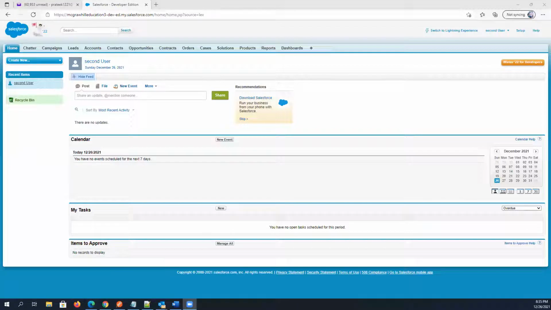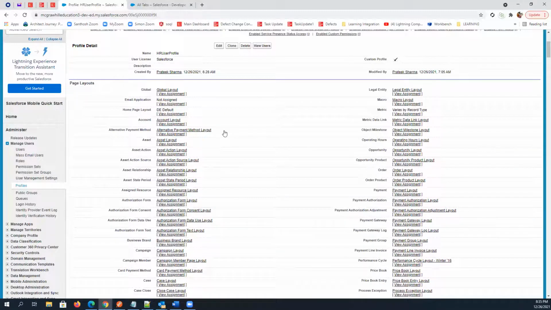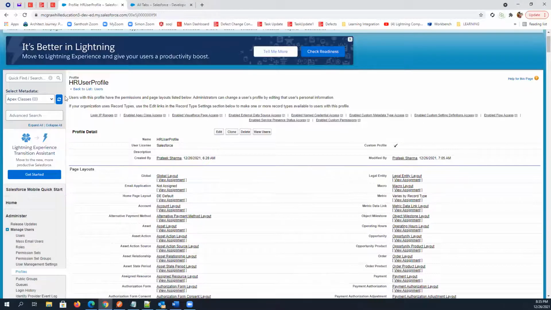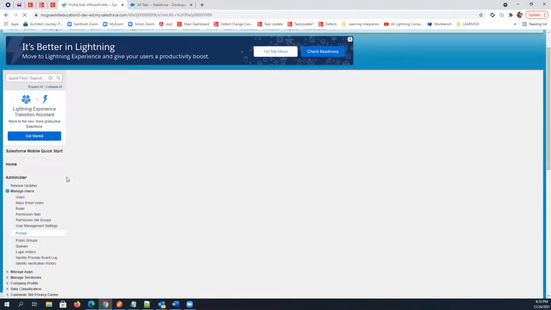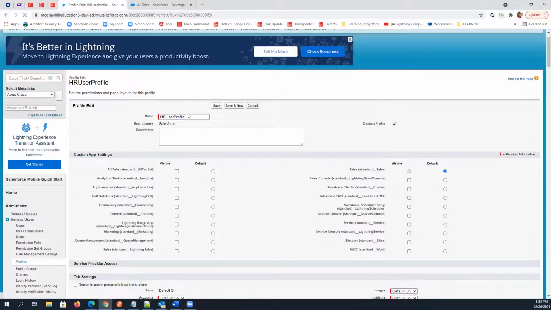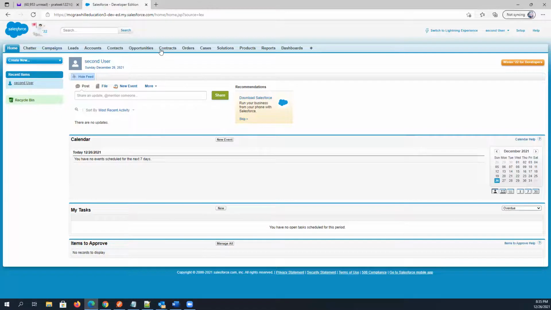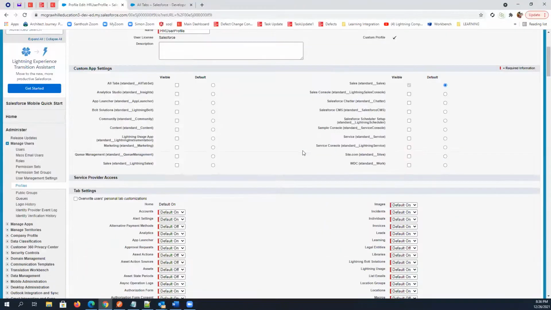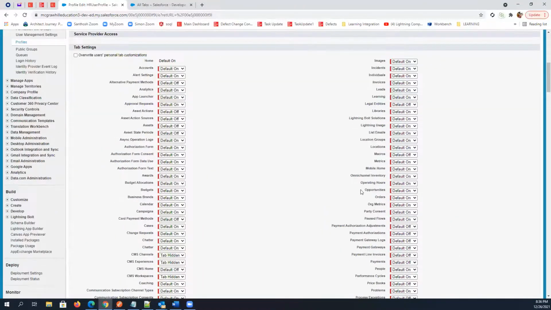Yes. So this is how you can change anything you want, right? So let's say if I want to change the tab setting. Currently you can change the setting for any tab. Let's say opportunity, right? I don't want this opportunity tab to be visible in this section. I want it to be visible after clicking on the plus sign, or let's say I want to make it hidden, right? So let's just do it. For opportunity, you just need to find the opportunity. Opportunity is here.